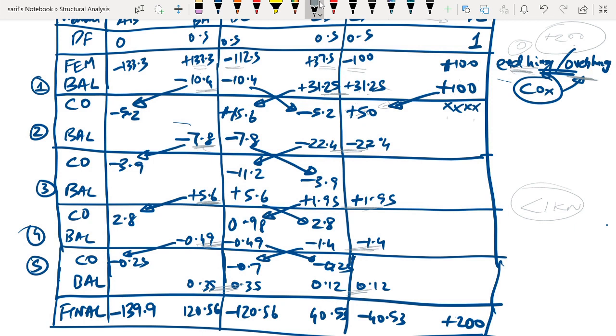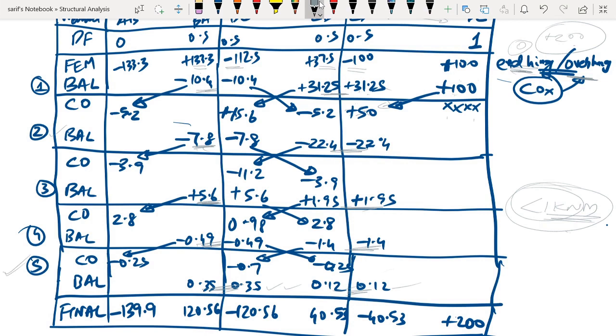Now once the balancing is over, next step is carryover. And where do we carry over? We carry over to every single point except the end hinge or the overhanging end. So carryover is done. Carryover will disturb the equilibrium of the interior supports, and now the interior support will have to be balanced again. And this process of carryover and balancing has to continue till the balancing moments are very small, that is preferably less than 1 kilonewton meter. Okay, till the balancing moments are less than 1 kilonewton meter, it has to be done. And a complete moment distribution means a balancing cycle.